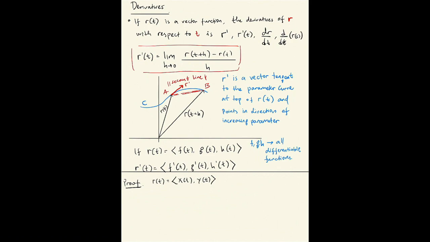So the proof, if you want to prove the derivatives, we need to define our vector function in terms of the limit definition of derivatives. So derivative of r, so for the x will be x of t plus h minus x of t over h